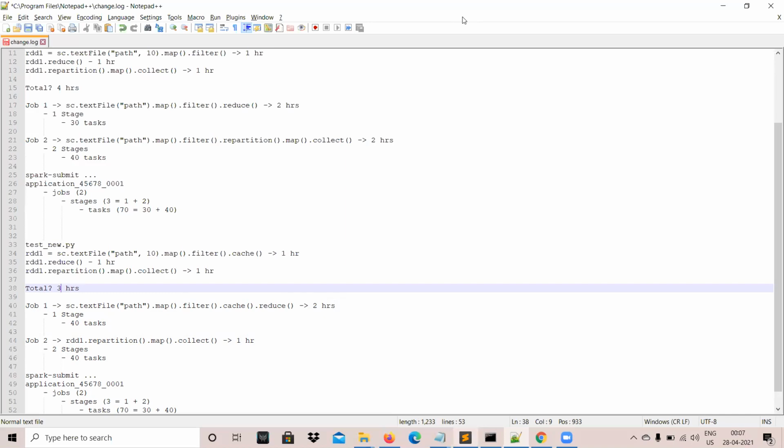So how do we make code run in parallel? Anyway, Spark does everything in parallel on its own. But suppose we are writing our own logic and we want to make it parallel. How do we do this? Any idea? Multi-threading, right? Every programming language supports multi-threading. You can use multi-threading to achieve that.